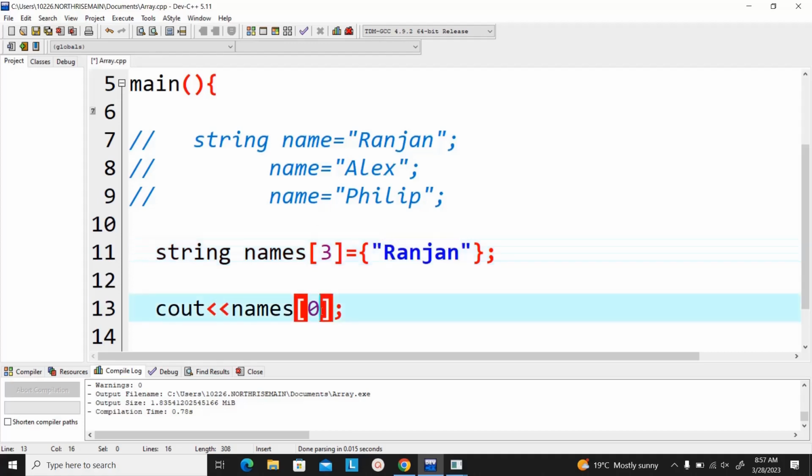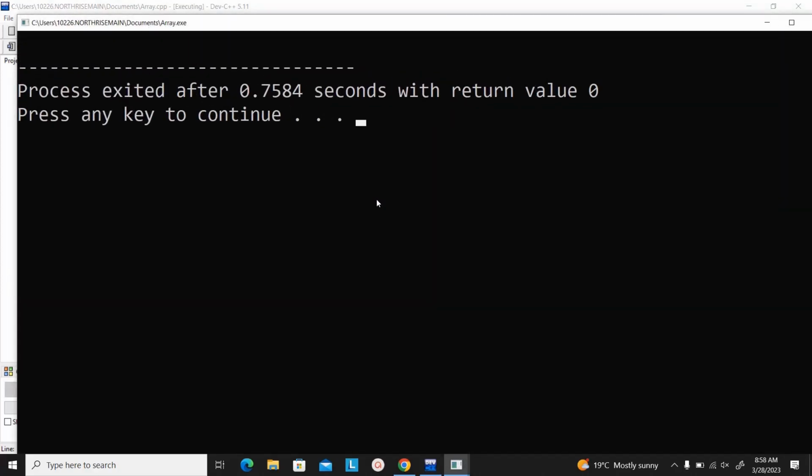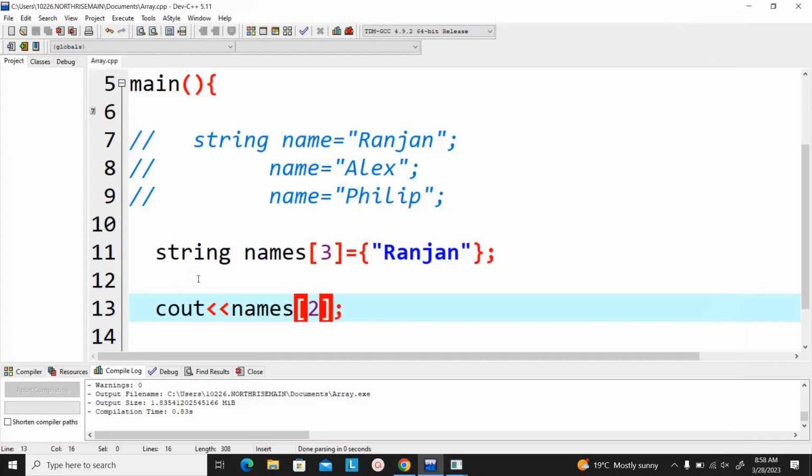If you wanted to see what is in the second index, because the size of the array is 3, the last array index will be 2. If you wanted to see what is stored in the last index, it's going to give us null. When I say null, it's not going to print null, instead it will be empty. So if I run this, that is empty here. So what does that mean? When you use string as a data type and you don't use that memory, by default it will be